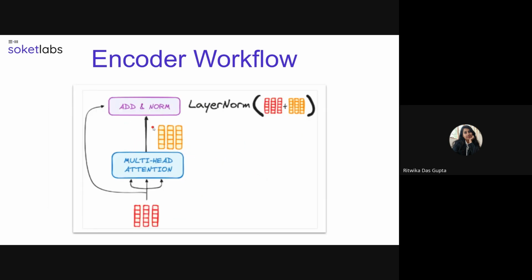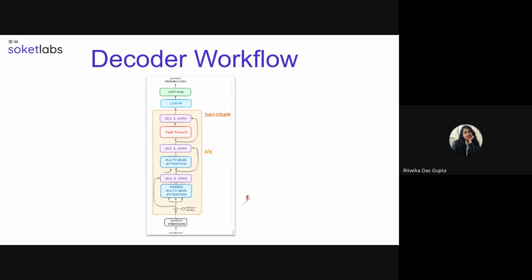After the multi-head attention, it goes through the normalization part. In normalization, there is a ReLU layer in between two linear transformation layers. The ReLU layer will help remove the vanishing gradient problem and try to improve the accuracy of the output, and it will also remove the negative part of the data so that not too many negative values are present. And then finally we come to the decoder workflow.